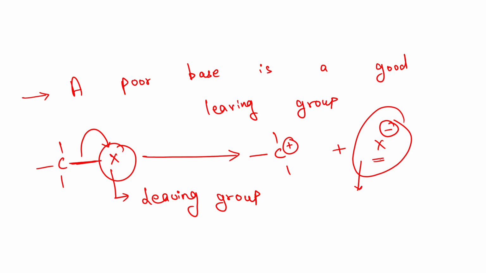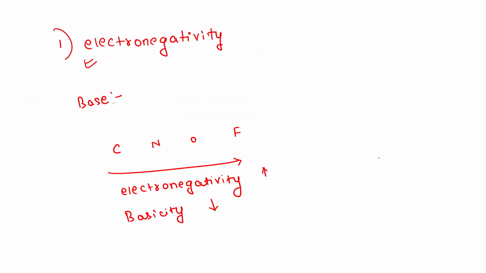So that's why a poor base is considered to be a good leaving group, because a poor base is not that reactive and after departure it will be very stable. सो दैट्स व्हाई जब भी आपको पता लगाना है कि कौन सा मॉलिक्यूल अच्छा लिविंग ग्रुप है या फिर पुअर लिविंग ग्रुप है, आपको अगर रिलेटिव स्टडी करनी है तो आप उसकी बेसिसिटी को कंपेयर कर लो, ठीक है। जो मॉलिक्यूल पुअर बेस होगा वो मॉलिक्यूल ज्यादा अच्छा लिविंग ग्रुप होगा, ठीक है।